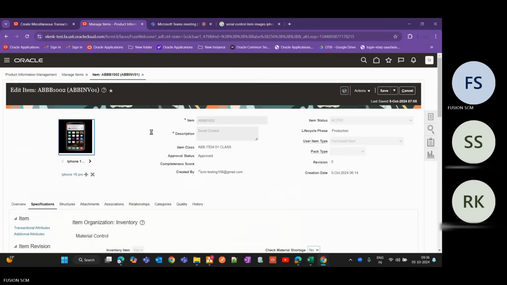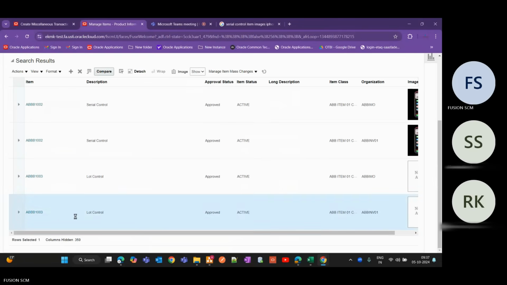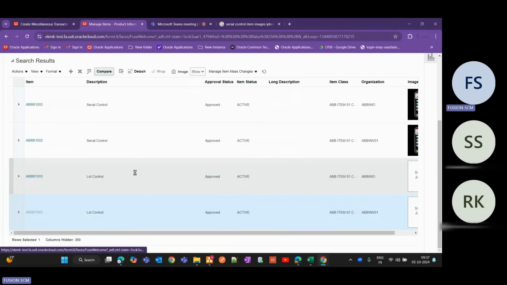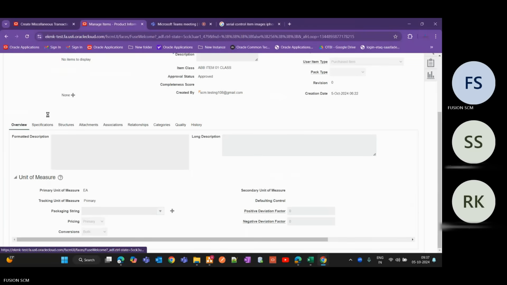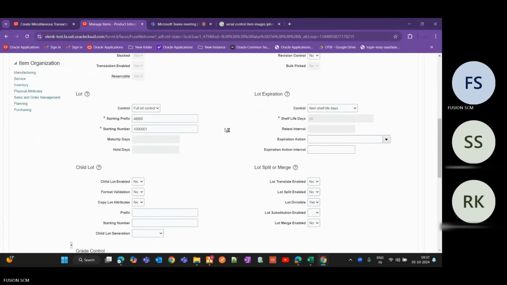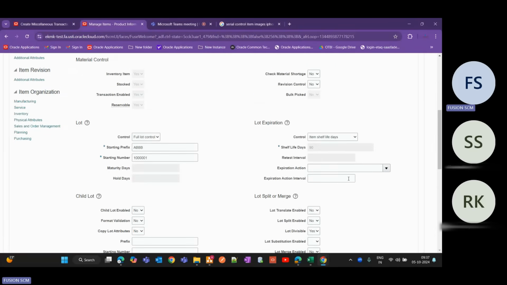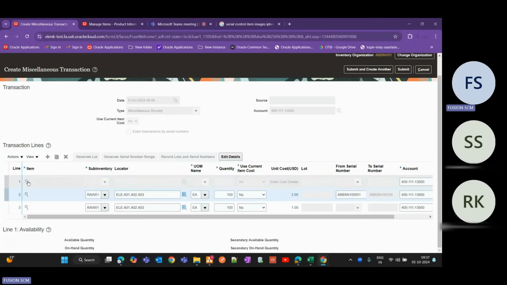and check for the lot control item also. So what was our lot control? Yes, so let me enable that. Specification. We'll go to the inventory, and yes, for this it's enabled. It's defaulted and inheriting from the master. So we don't have a challenge now. So let's